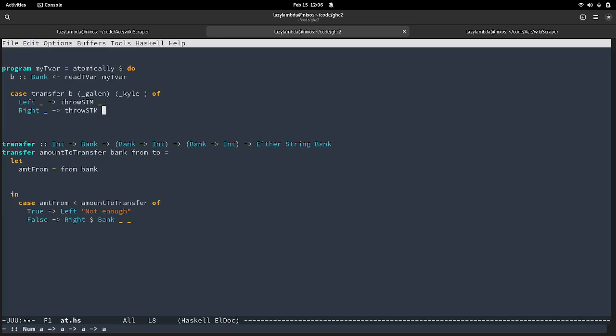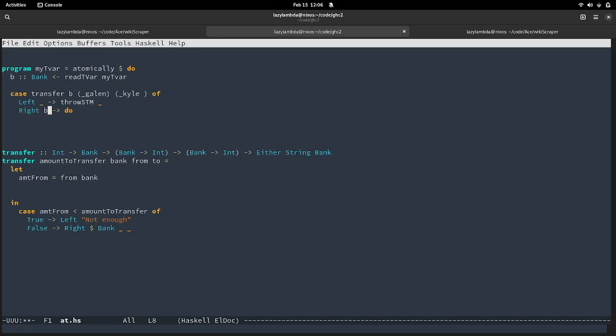I wasn't really prepared with this example, as you can probably tell. Actually, sorry. If this does succeed, then we have a bank here. Then we are going to say write TVar to my TVar.